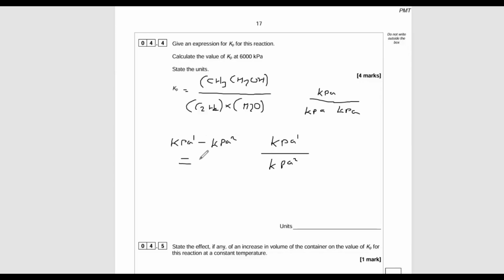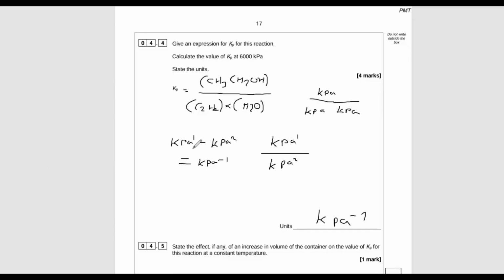And that is going to equal KPA minus 1. So you just take from the top, you just take whatever's at the bottom, and then that will tell you whether you're on a minus. So the answer here is KPA to the minus 1. Now, I think my symbols are a little bit off there, but